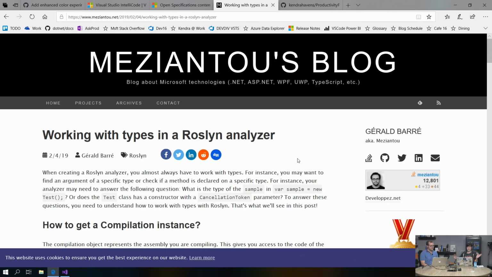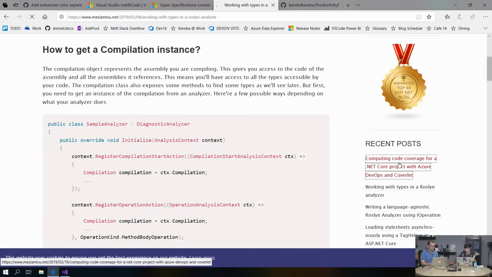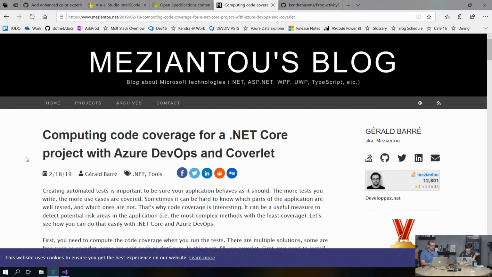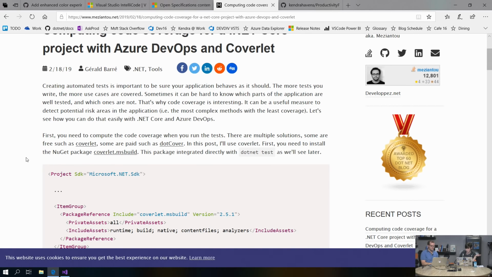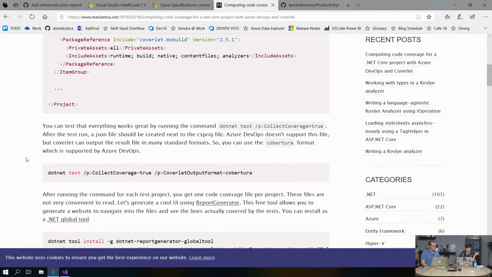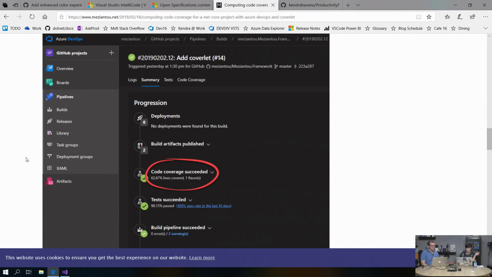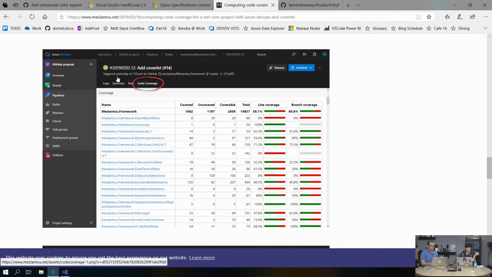So I was searching around online, and I don't know Gérald Barré super well, but I really started liking some of his other posts, and I noticed he had made one on Roslyn analyzers. He also had a super cool one on computing code coverage for .NET Core and Azure DevOps with Coverlet. Coverlet has a global tool now, which is lovely. It was just super cool. You can add it as any old task through Azure DevOps, and he figured out a really nice visualization with